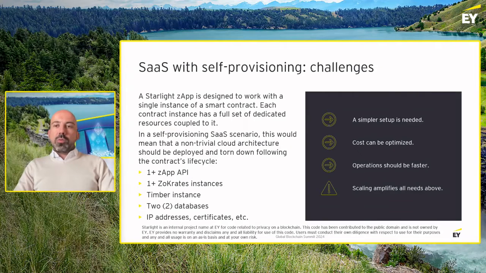Okay, so what were the challenges that we had with these different requirements? So first of all, for self-provisioning, the Starlight app is made to be self-contained, right? It's quick to be set up locally. It's easy to run. It has a nicely defined environment, and it's designed to have dedicated resources for this purpose. So this doesn't really translate immediately to what we need, right? Because if we want to dedicate resources to every single contract instance, then we need to deploy them every time that